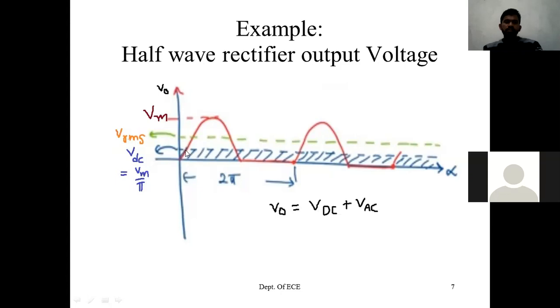Please note that. I will repeat once again: generally, mean value is used to find DC quantities. The same way, root mean square value is used to find AC quantities. If you find the mean value of this waveform, you will get the DC value. If you find the root mean square value, you will get the RMS value. But this waveform comprises both AC and DC quantities, so the VRMS value I found here is for both AC quantities and DC quantities.